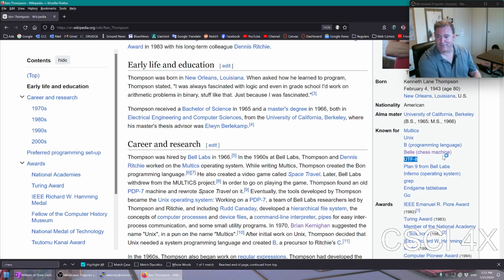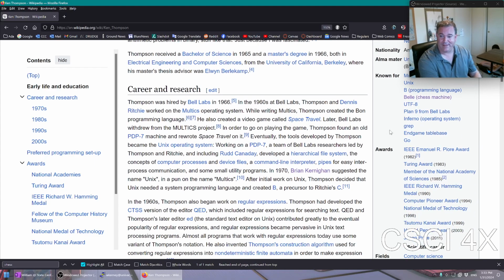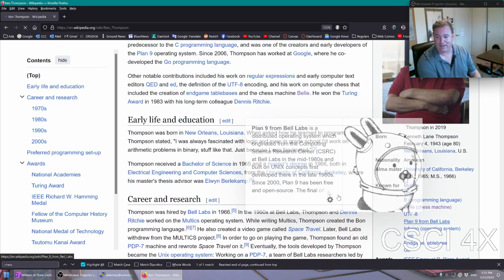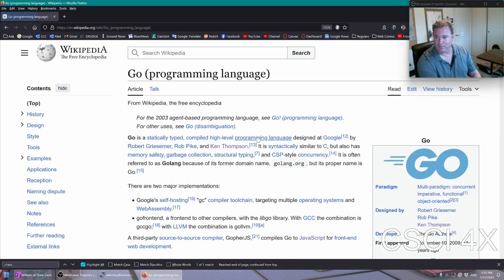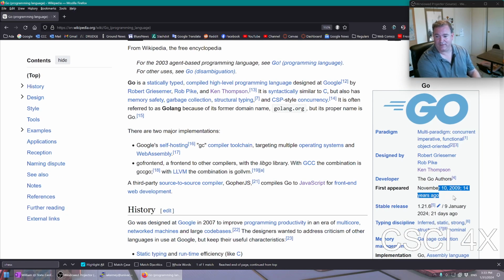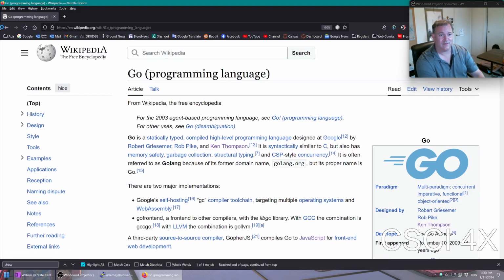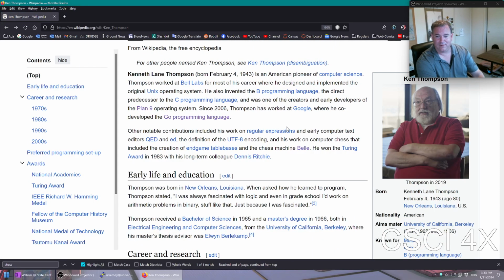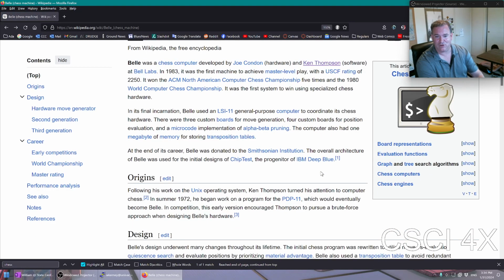UTF-8, I hear that's important. He made kind of the first chess machine. He's still kicking too. He made Go, which is Google's new language. So he's still active, I think. Since 2006, he's been working at Google. And anyhow, he made a chess computer, and he had a big advantage over